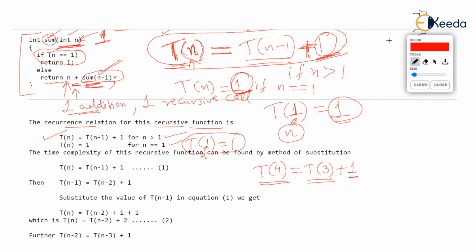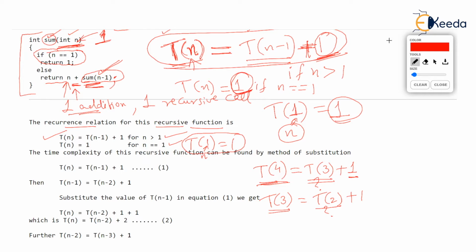But then somebody asking you this question will get irritated. You were asked what is the value of T4 and you represented T4 in terms of T3. But what is the value of T3 then? So you will answer that T3 is T2 plus 1. Now this is really very frustrating, isn't it? Still you are not answering. You were asked what is T3 and you said T3 is T2 plus 1. But hello, what is T2?